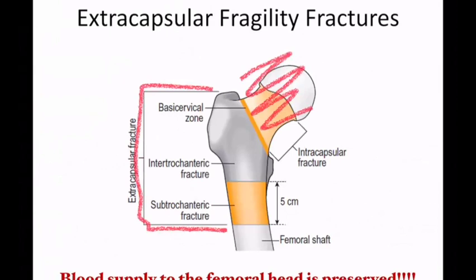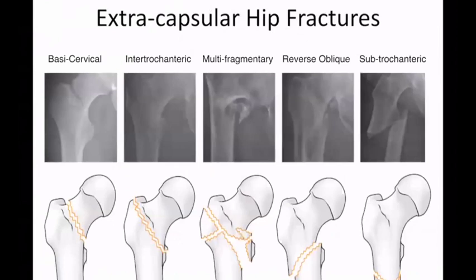So we're going to move on to extracapsular fragility fractures. The main point of this is that the blood supply to the femoral head should be preserved. So how do we classify extracapsular fractures? There's mainly only two arms that I would use, and it's intertrochanteric or subtrochanteric. But for those of you who want to know, there are classification systems out there. This is the modified evidence classification, but it's very, very descriptive. It does inform you about the different fracture patterns that you